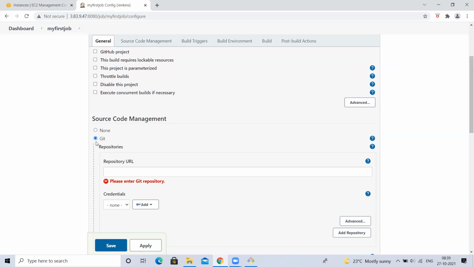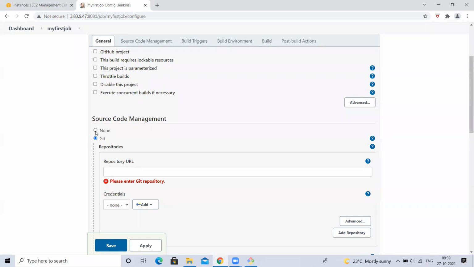So if you want to integrate your Jenkins with Git, you need to have the Git plugin. If you want to integrate Jenkins with SVN, you need the SVN plugin, like that, right? Now I have Git because it was there in the suggested plugins itself.